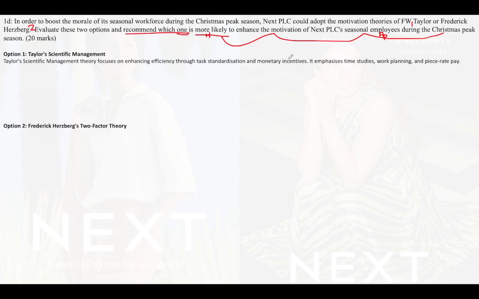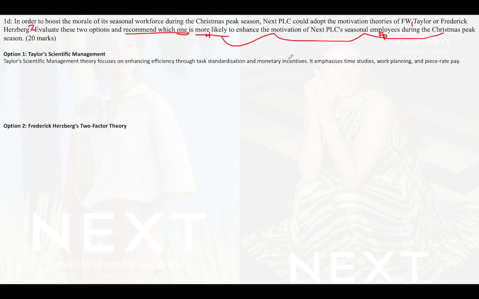Then I would go to the case study. I would identify two bits of evidence, one for my P paragraph in favour of Taylor, one for my P paragraph against Taylor, two bits of evidence, and then I would start writing. Okay, we've all revised motivation theories to death. You're not going to quickly go and get yourself a textbook if you've forgotten it. So all you need is two pieces of evidence and then you write. Okay? If you see more than two, then fantastic.